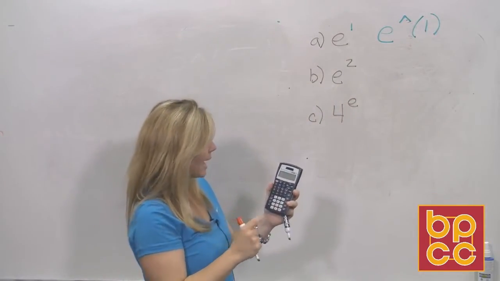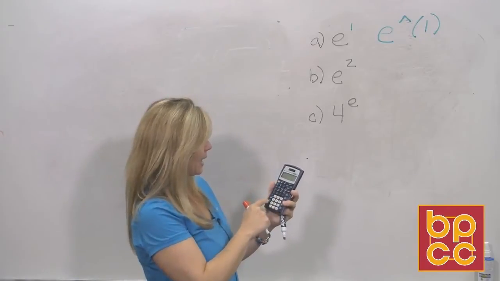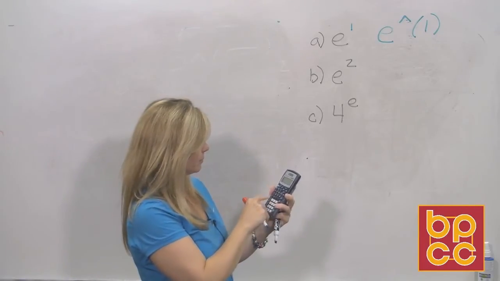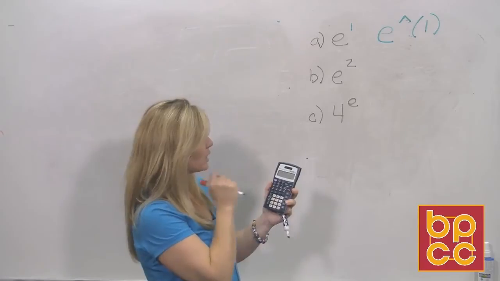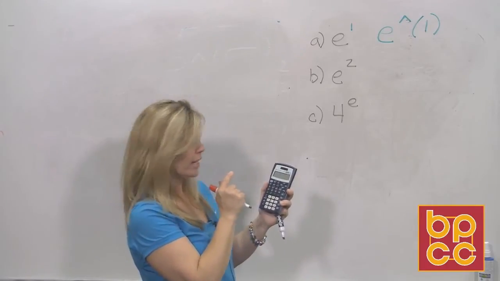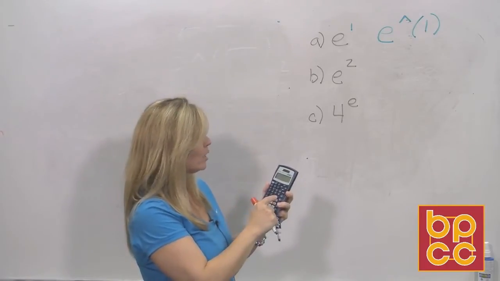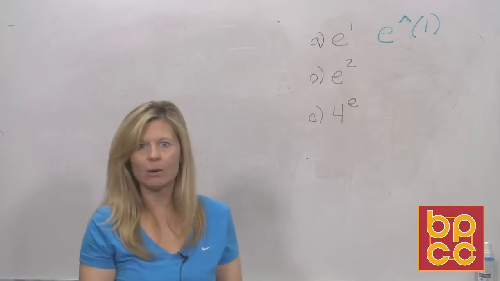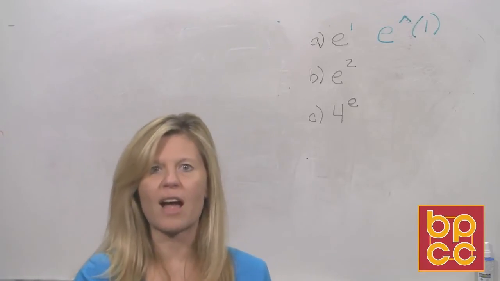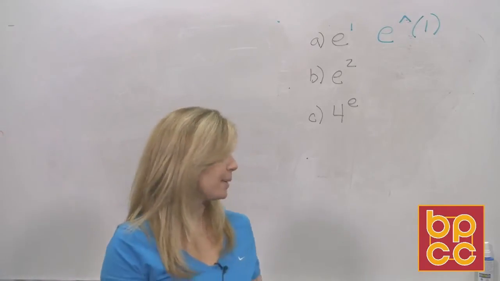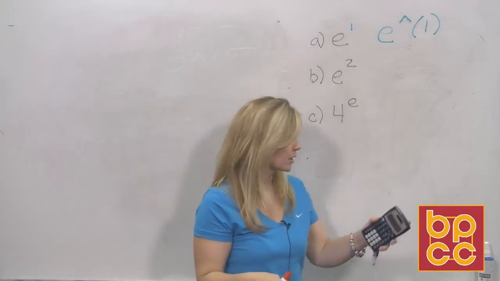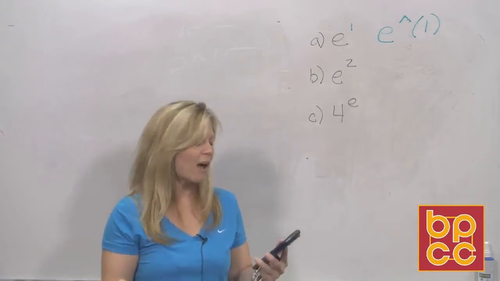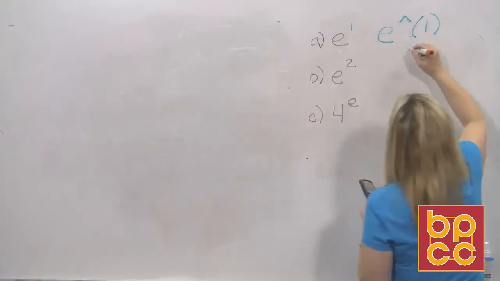So you will hit again, second LN. It will put the E with the caret symbol on your screen. Then you'll type in the exponent 1. You'll close it, hit equals. And you'll get out an irrational number, a decimal that goes on forever and ever. Because this is a typing exercise, our directions, I'm looking at them, say to round. We're going to round 4 places. So we have